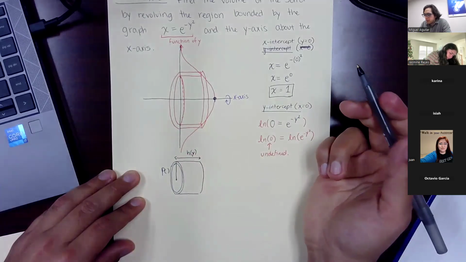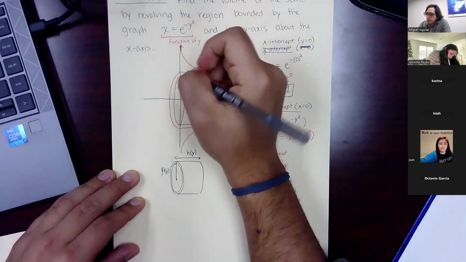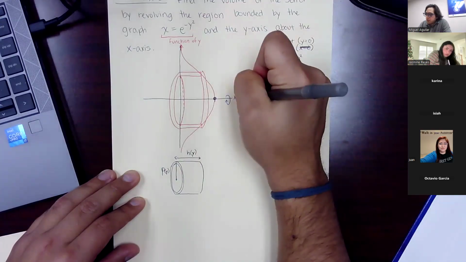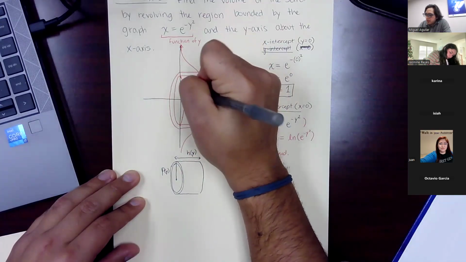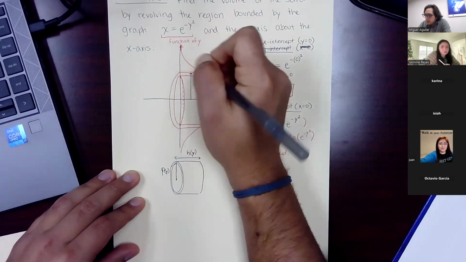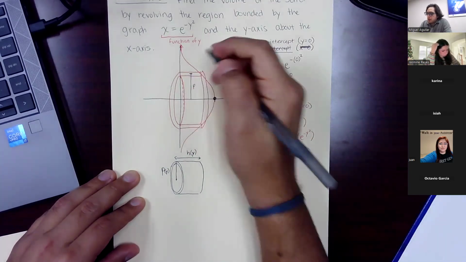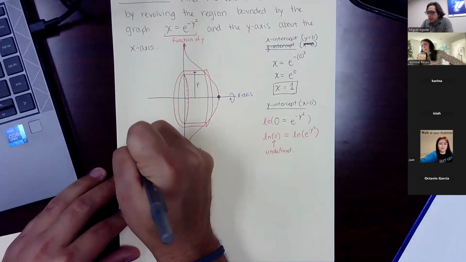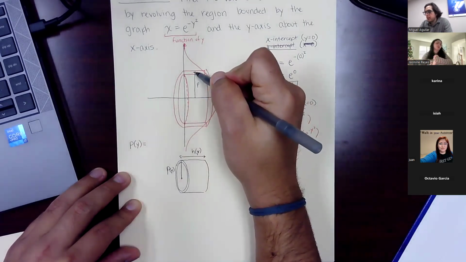Because our function's in terms of y. So the radius, if you think about it, is extending from the x-axis to the center of our rectangle, right? So that means that p of y, let's put it over here, is going to be determined by,